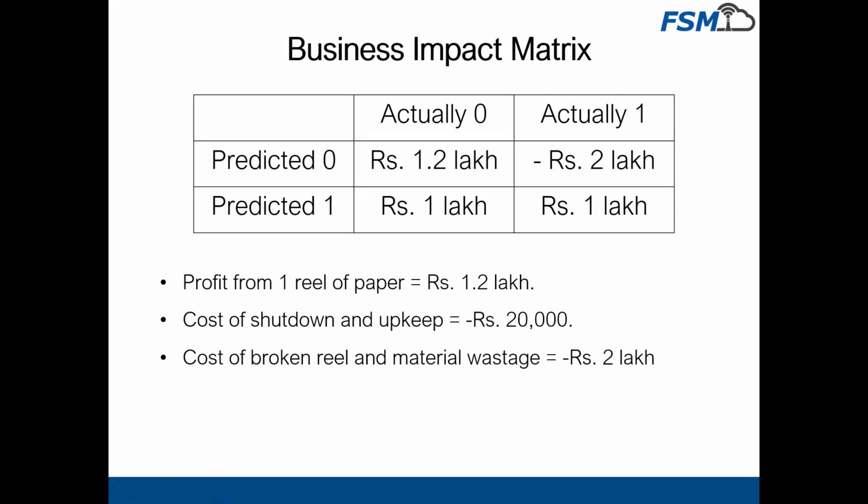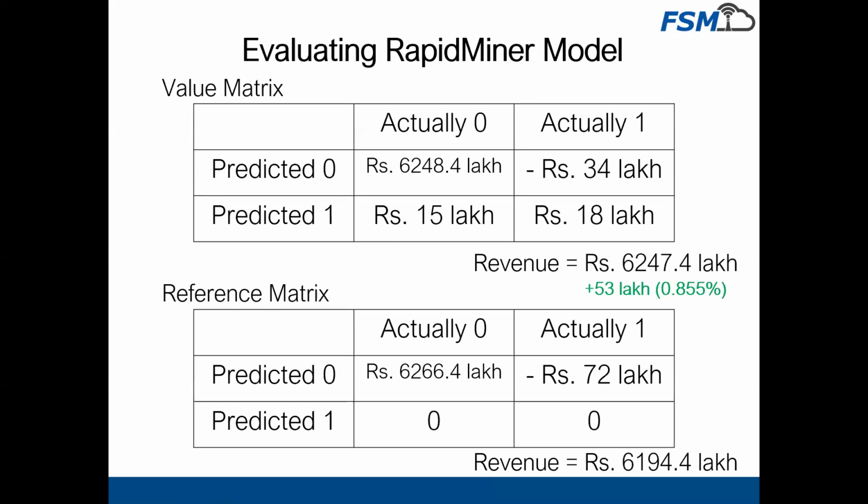We further use this matrix, multiplying it with the confusion matrices obtained from the models, to evaluate their performance. So evaluating the RapidMiner model, the value matrix is obtained by multiplying its confusion matrix with the business impact matrix. And we see that the no breakdown conditions that have been correctly predicted give a 1.2 lakh profit for each reel. And if we see